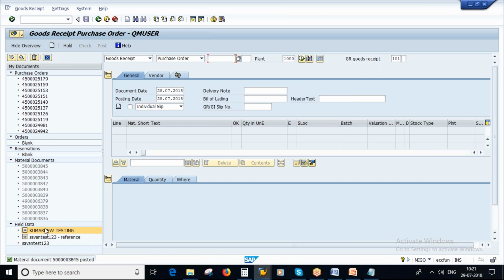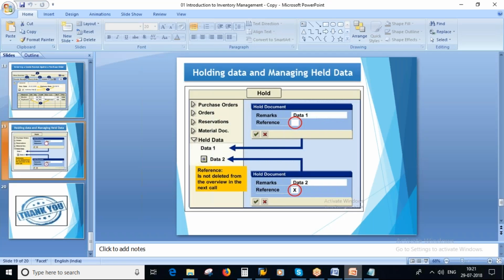After a certain time, if I don't want this and want to delete it, just right click, delete line. So you have to delete it manually. Delete line. So this is how you use the hold function, holding data and managing the held data. Okay, so this is all about your